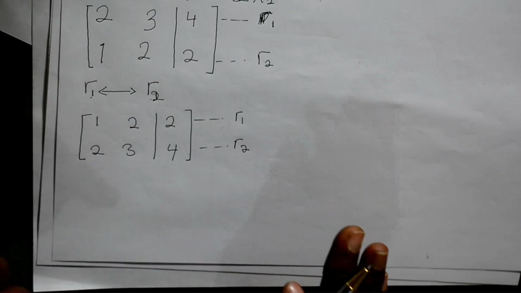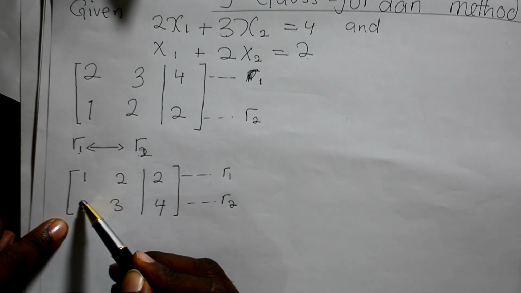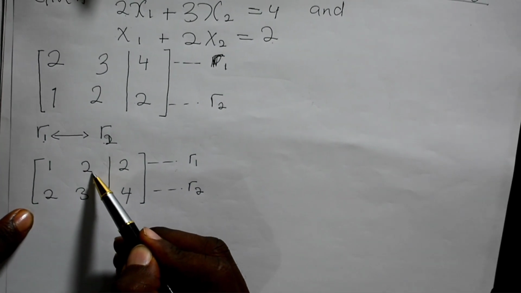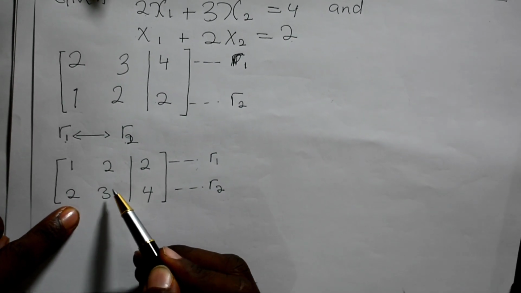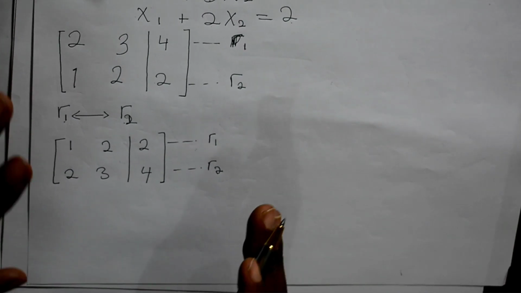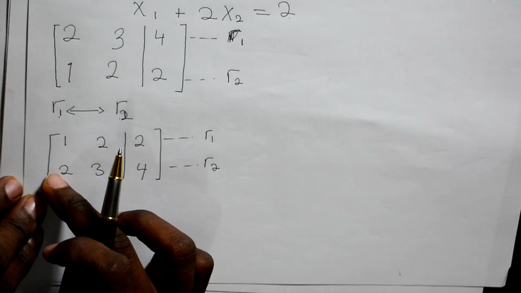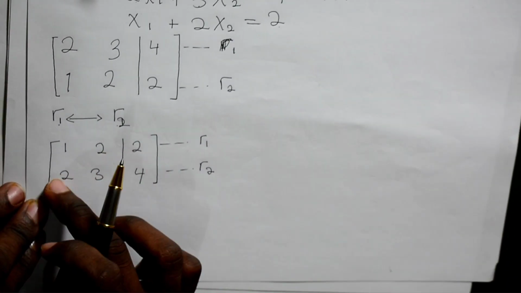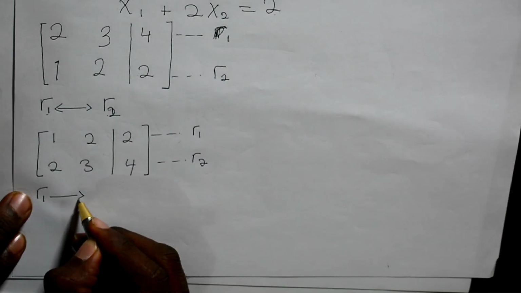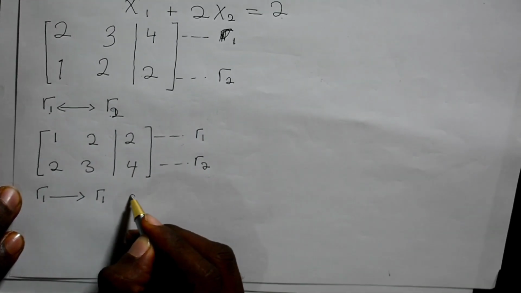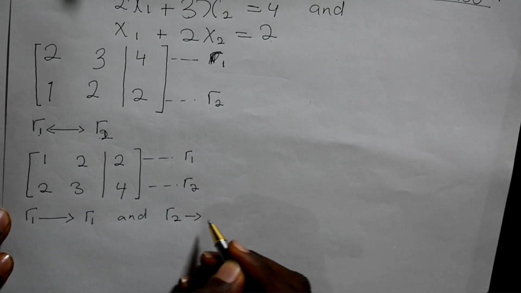So the next step here is these 2 and these 2. We are going to make them zeros. And this 1 will remain 1 and this 3 will change to 1. That means we are going to make this matrix an identity matrix. Main diagonals to be 1 and these to be zeros. So let's see how to do it. Row 1 will remain row 1. We are not going to touch row 1 now. And row 2 will change to